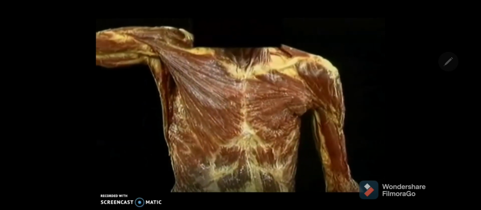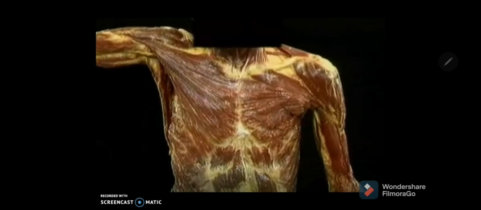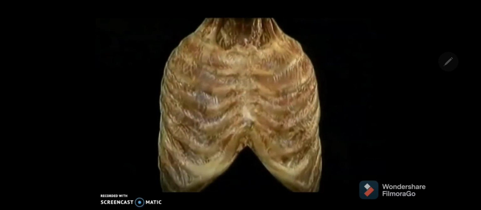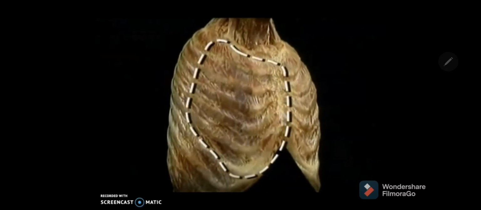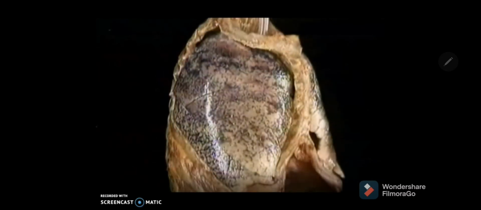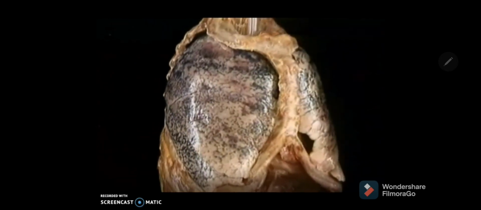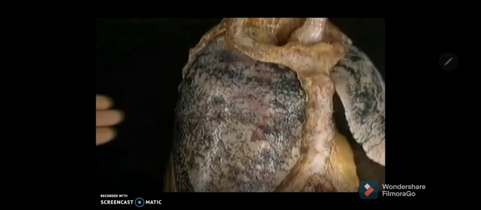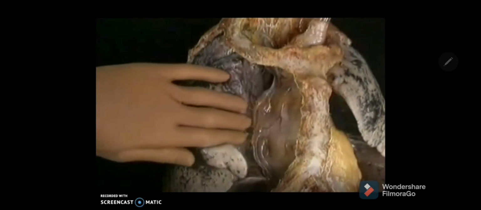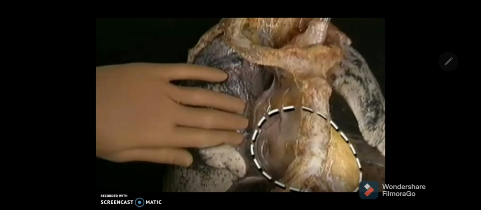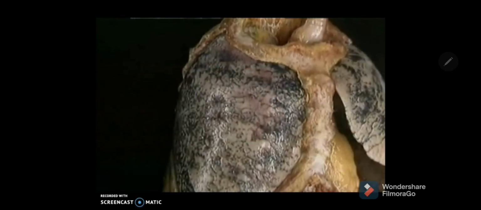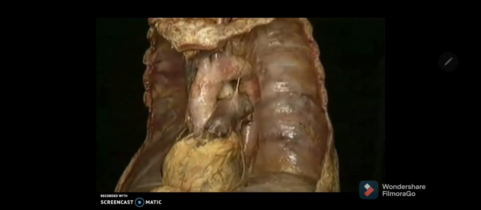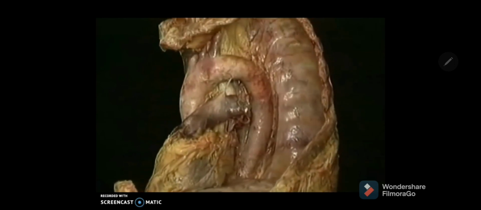And to see the location of the heart, we have to see the mediastinum, which is a space between the two lungs. You can see the thoracic cage here, made up of sternum, ribs and vertebral column. If you take out part of the thoracic cage on the right side, you are seeing the right anterolateral view. You are seeing the two lungs on either side of the sternum, and just behind the sternum you are seeing the heart covered in a pericardial jacket. You can notice, if you remove the lungs, this is where you see the heart. You are seeing the left lateral view now.